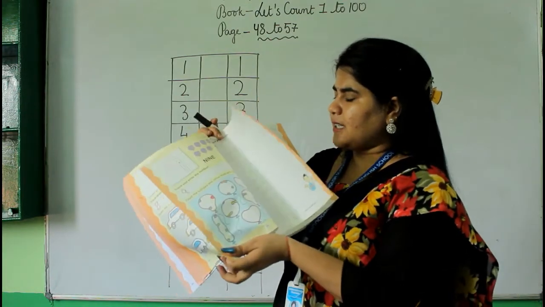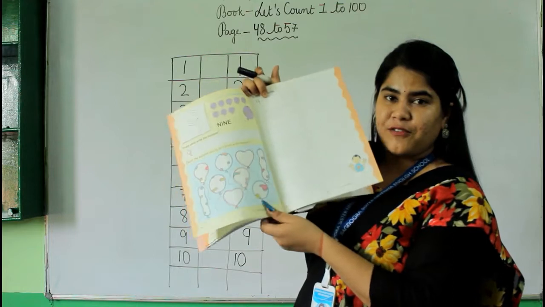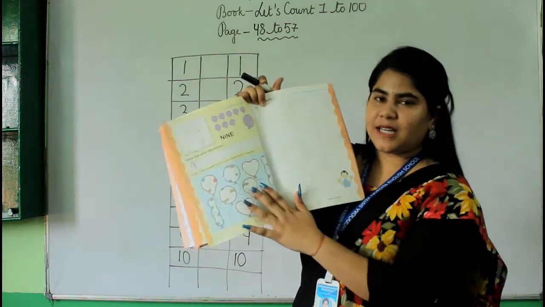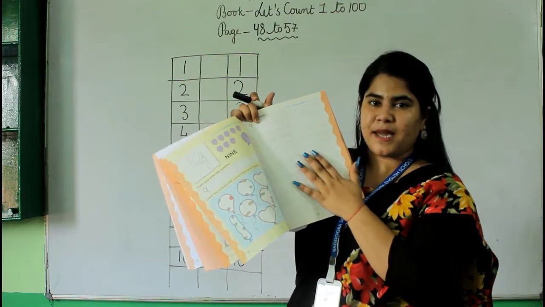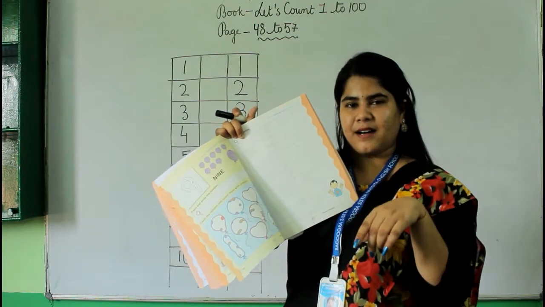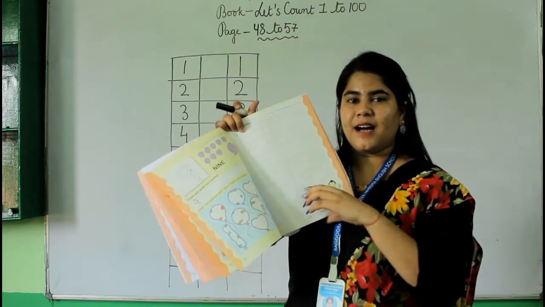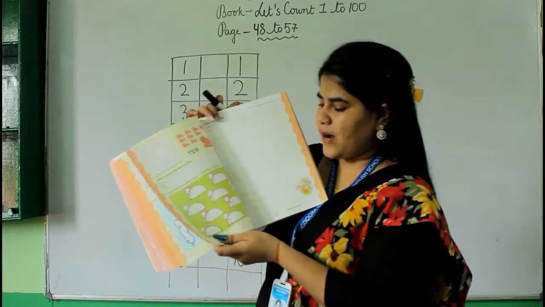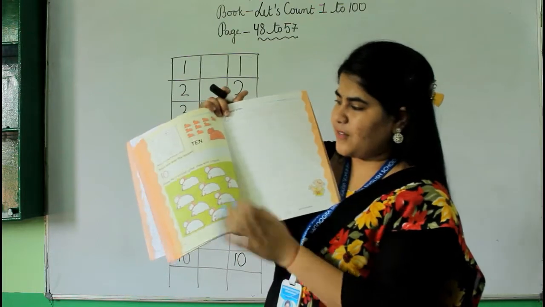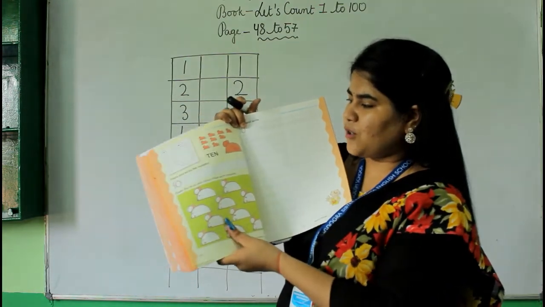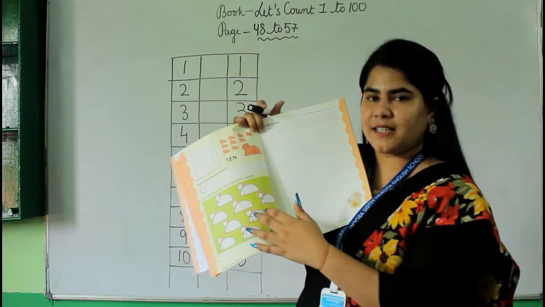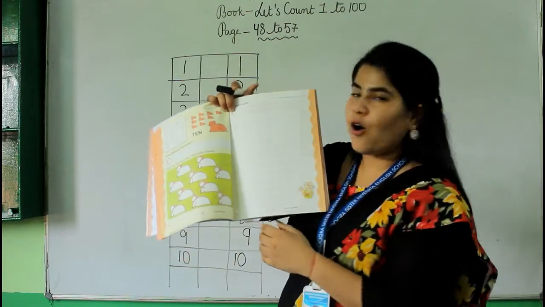Now again turn the page, it's page number 54 and 55, 9. Here you will trace it, then you will color it, and here in this page you will do it by yourself. It's very easy, na? You have to make a standing line and you have to make a half circle, right? So now again turn the page, it's page number 56 and 57. Here it's number 10. So you will color this picture and you will trace all this, okay?